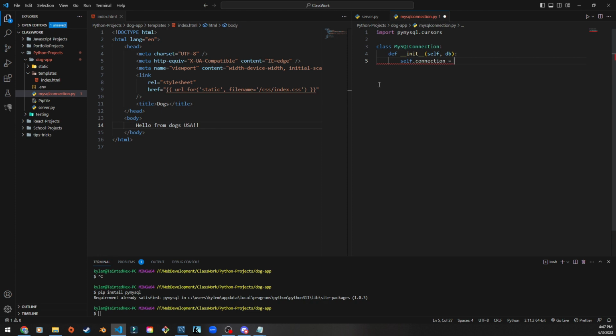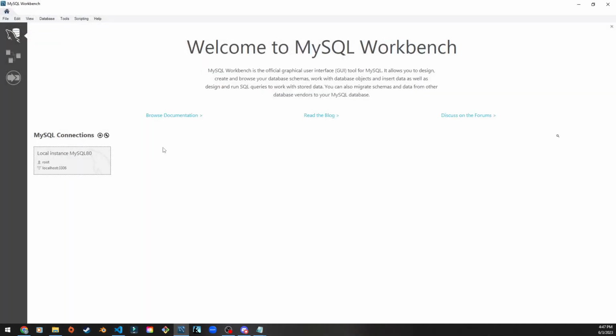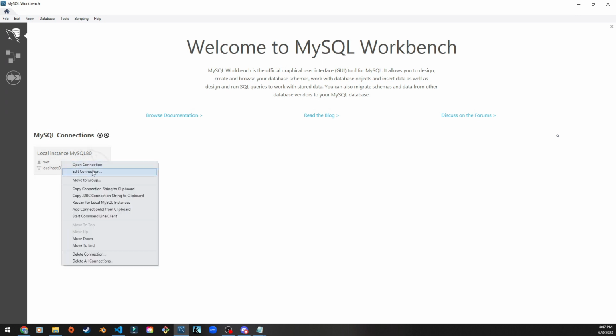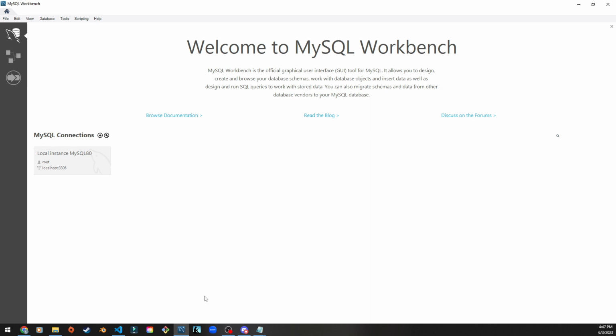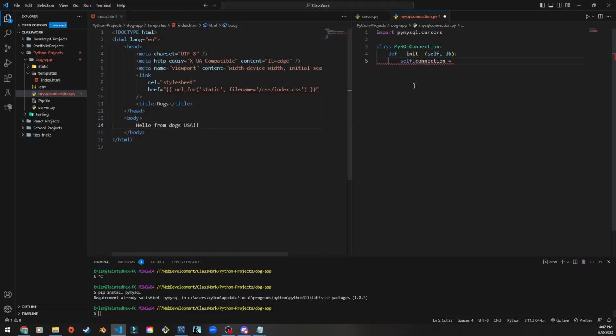Whenever you log into MySQL, you're presented with this screen. If I were to edit connection, you can see that I have a host name, a username, and a password, which is also root. So we have localhost, root, and then root. Okay? We're going to use that information, or it's going to be whatever yours is, obviously, to connect to the database. So self.connection equals